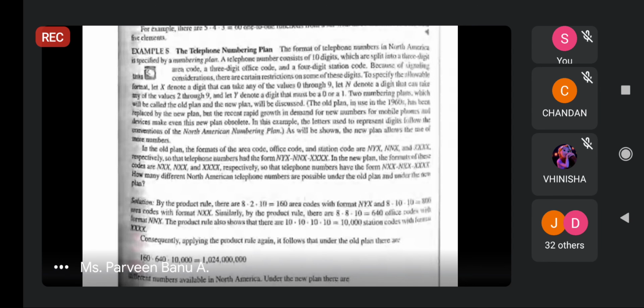Because of the signaling format, X denotes the digit that can take any value from 0 to 9, and N denotes the digit that takes a value from 2 to 9. Note that.